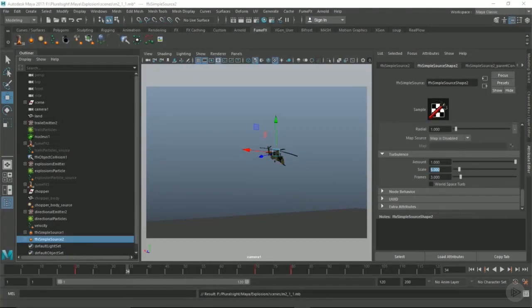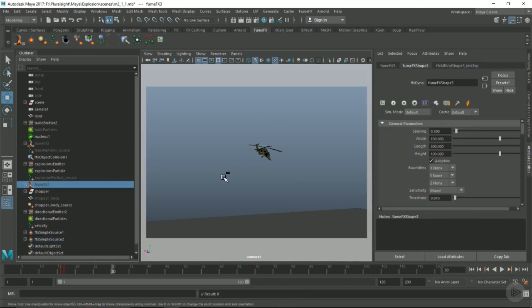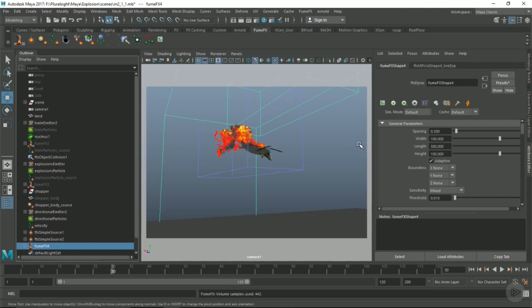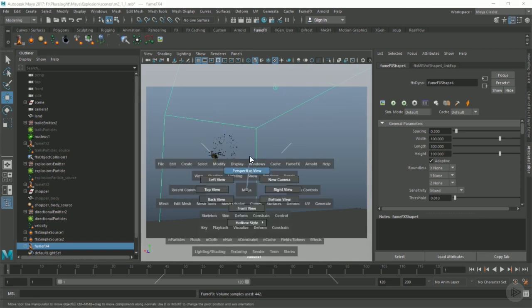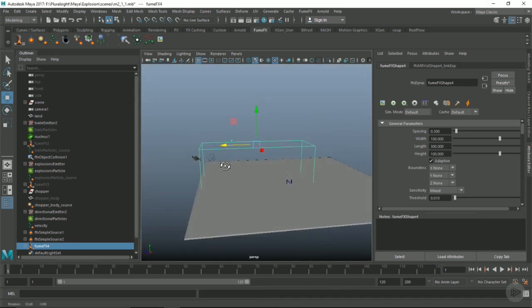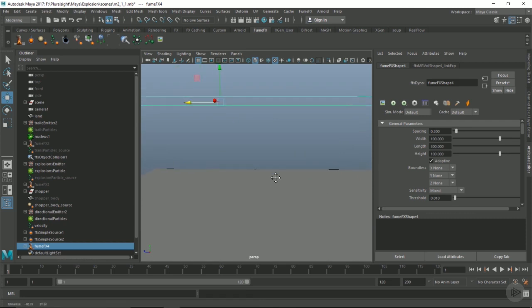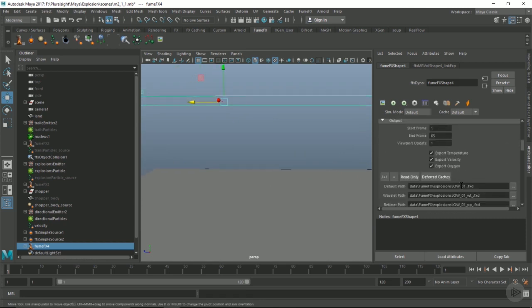Alright, so now we're going to set up the fume tank. So I'm just going to go and duplicate our old tank here, and let's just place that around where we're going to need it. Just unhide it here, and let's just call this, it's a bit heavy at the moment, but let's just call this